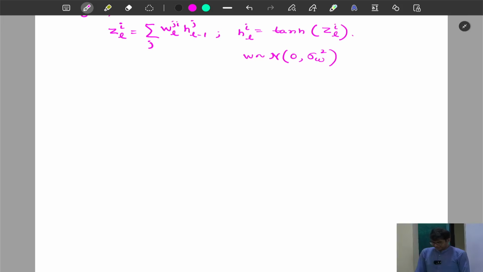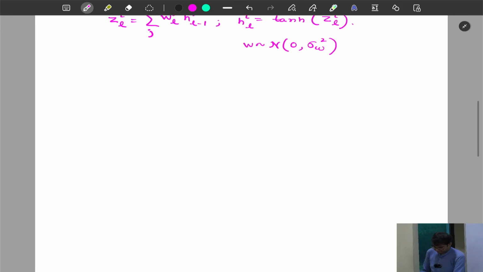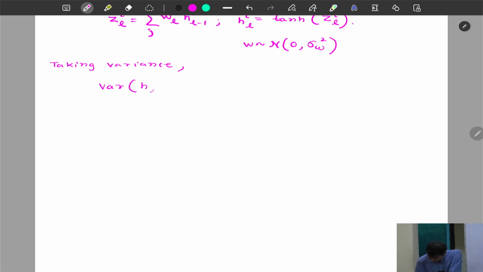Now let us try to compute the variance of H. We are interested in computing the variance of H at the initial portion, at the initialized weights. So let us see. Taking variance, we get the variance of H^L_i is equal to,